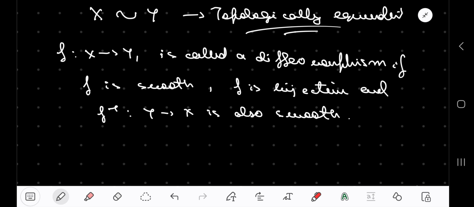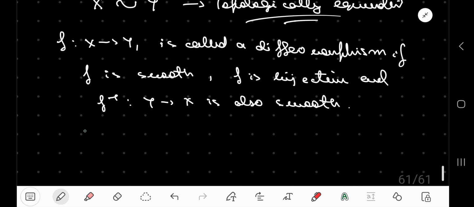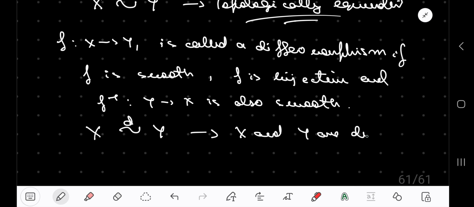In that case we say that x and y are diffeomorphic. We will use this symbol. So x and y are diffeomorphic,